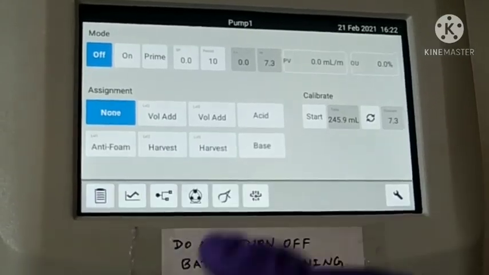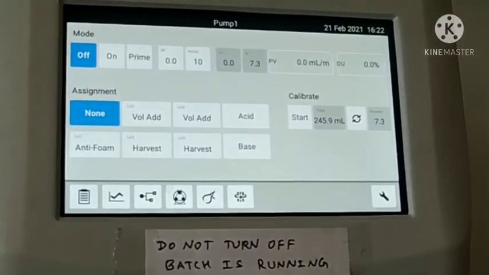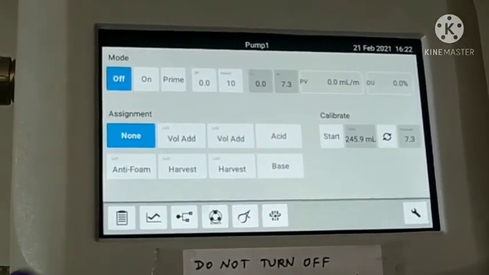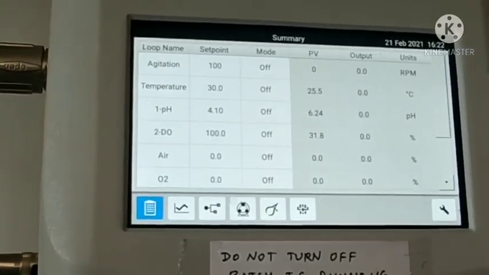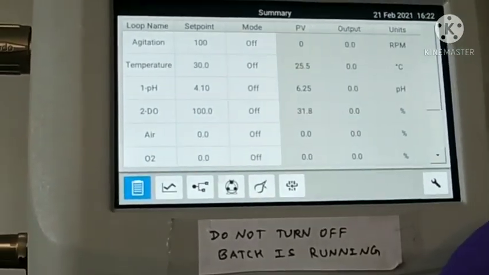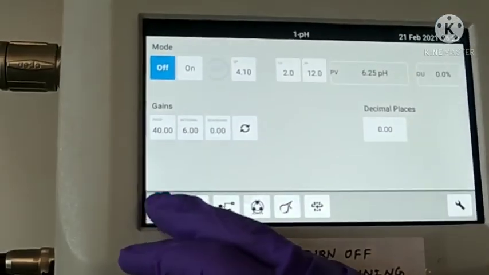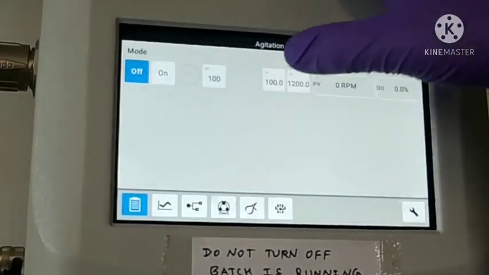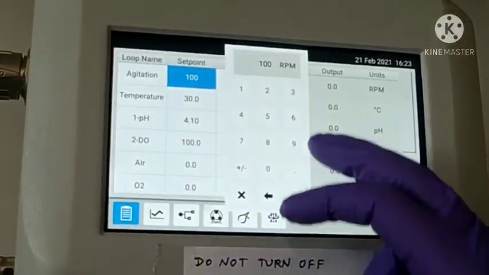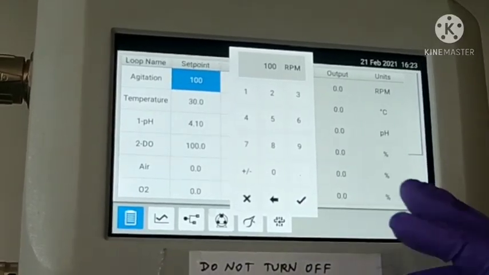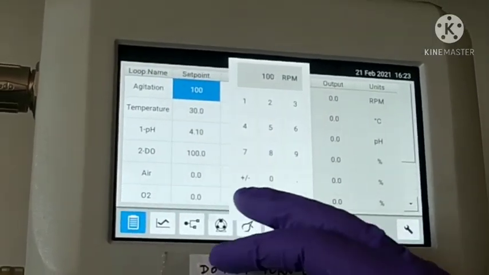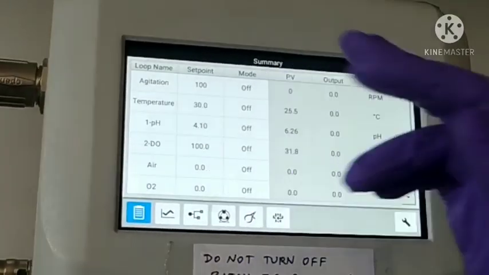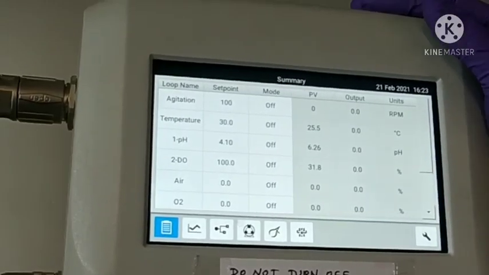These are helpful for maintaining and controlling the sterile environment. You do not have to open the reactor to take out the sample. These pumps are directly attached with the reactor, and you can directly take the sample or volume or everything which is required. Similarly, the pH and DO controllers are there. And this is the agitation, in which you can select from 100 to 900, or 1000 maximum capacity. Similarly, you can maintain the temperature, whatever the requirement, up to 60 degrees C, and below you can go to 12 or 8 degrees C.